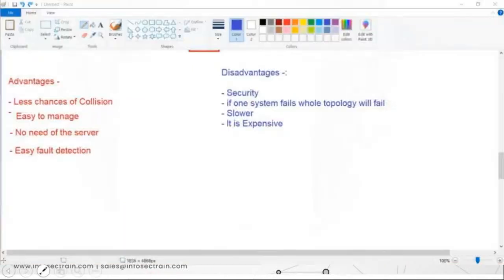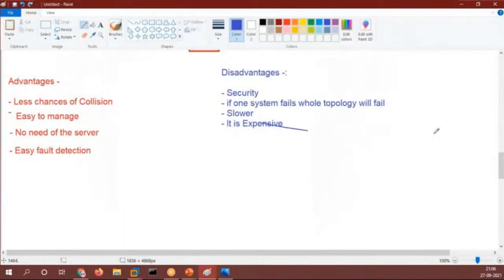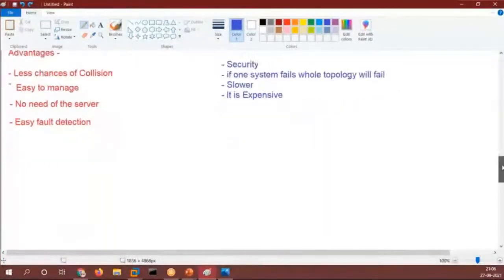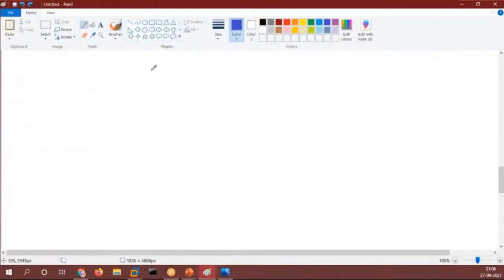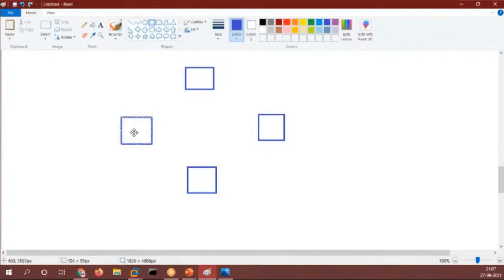So what I'll do, I'll create it over here. I have these 4 devices, right? Now every device is connected with each other.